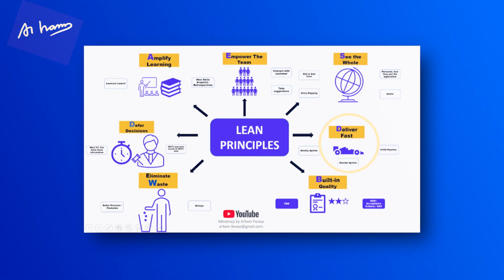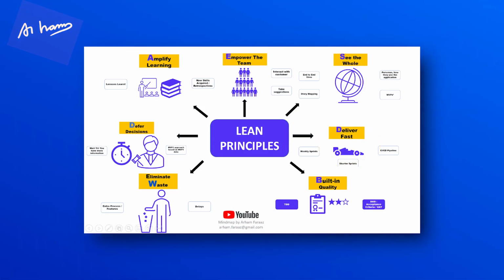Okay, the next principle of lean is deliver fast. That's one of the most important principles in Agile, we want to deliver fast, we want to deliver value consistently and continuously, right? We want to work with people nicely. So delivering fast is one of the lean principles. Okay, as fast as possible. MVP can be done, go to market time should be decreased, right? ROI should go high. So delivering fast is very, very important. That's also one of the principles of lean.